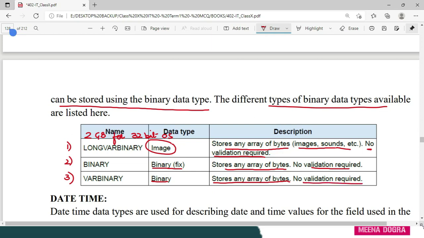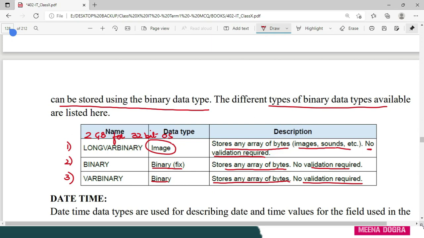Fine. You see, when you upload a form, suppose you are registering for some competition, they ask you to upload your photograph. You fill the NDA form or suppose any competition form, they ask you to upload your photograph, they ask you to upload an image of your signature. So this type of data type is part and parcel of various online forms.